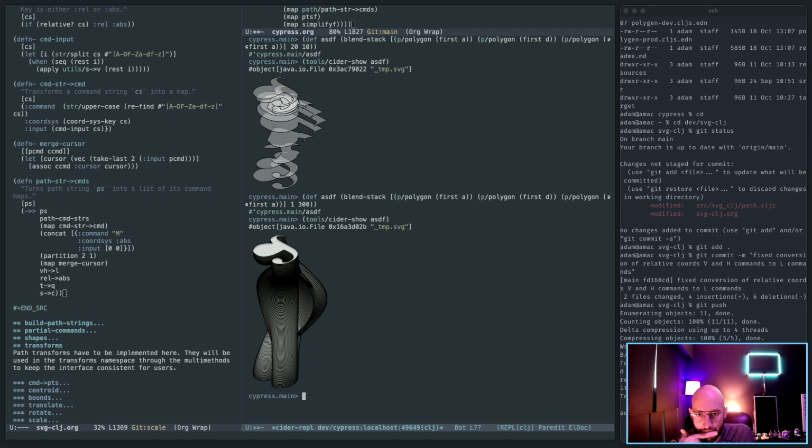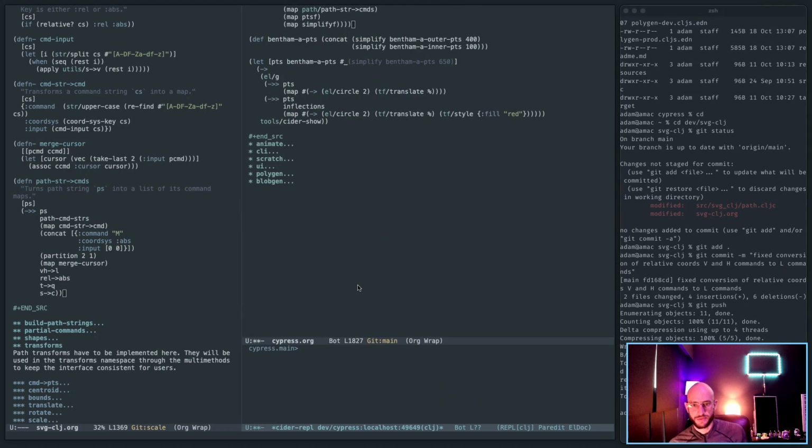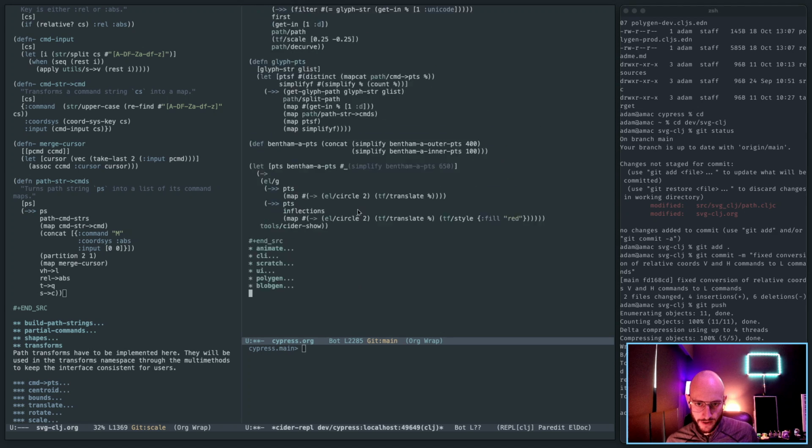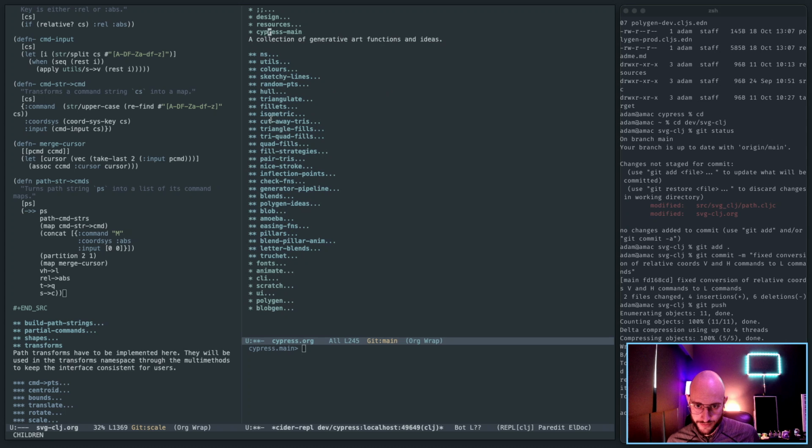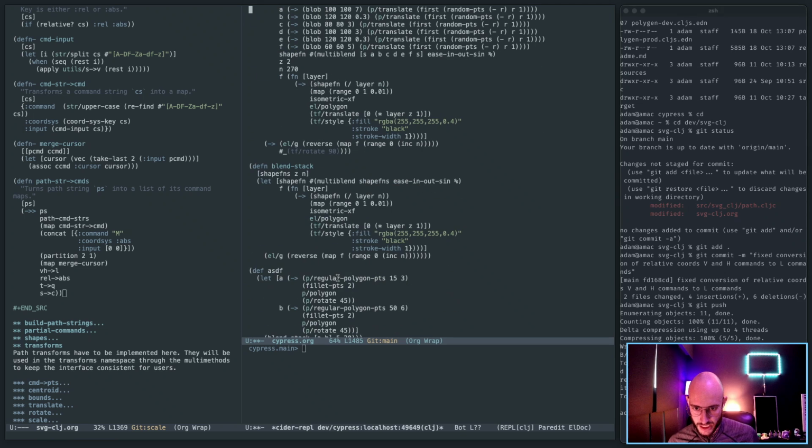Trying to think of where I should go with this idea. Where next to go? Let's start with something simple and try to find pillars here, blend stack. Let's see here if we've got